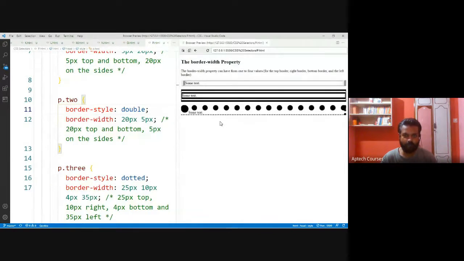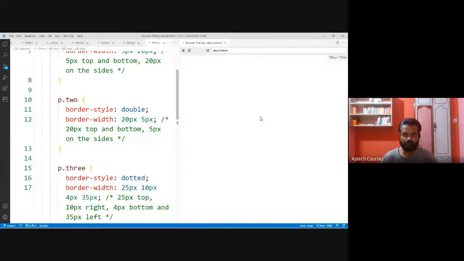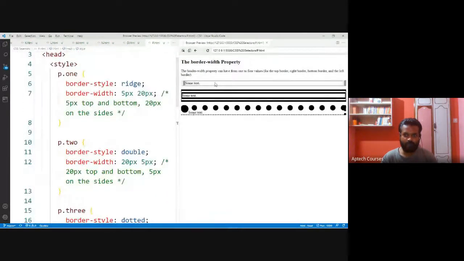What are we getting? So here it is the ridge format, border style ridge.